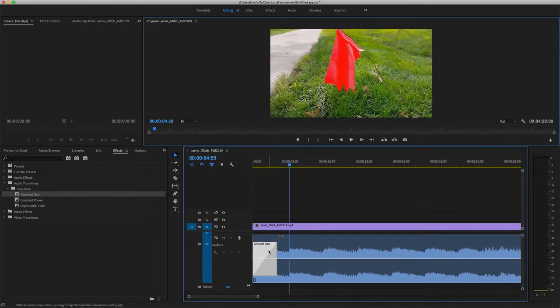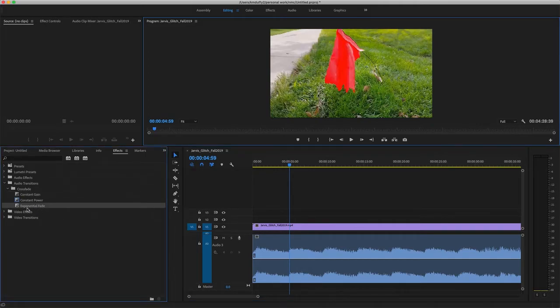And then I'll just show, if you want to get rid of it, all you've got to do is select it and delete it, okay? It's just an add-on to the actual piece in the timeline. It doesn't replace the timeline. So let's just try this other one. This is going to be the exponential fade,